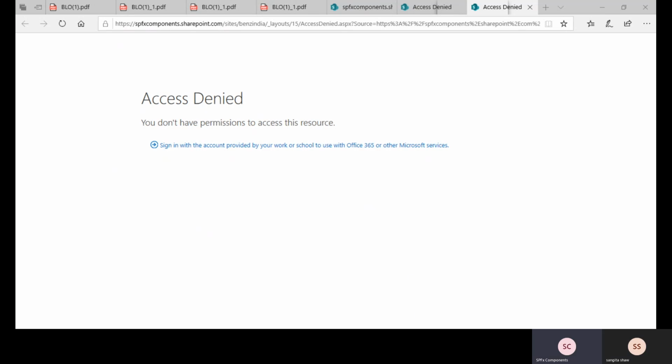Try to open in Chrome. Okay. Getting same error. No, no, Can you just open in incognito window?